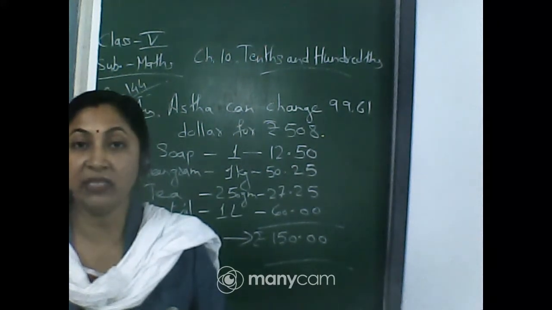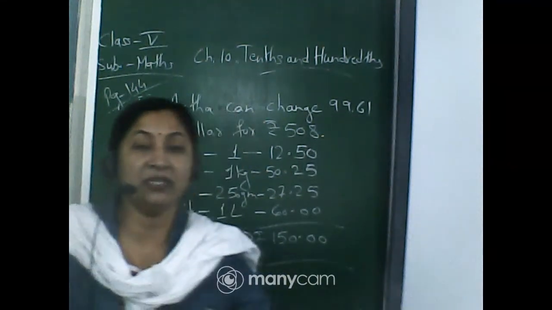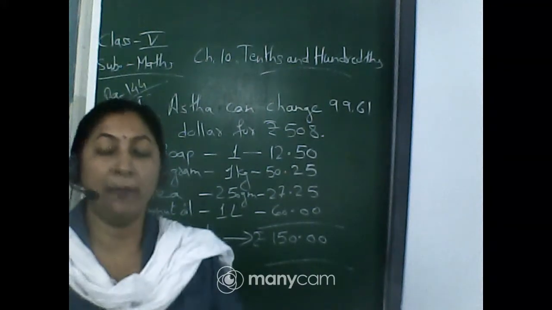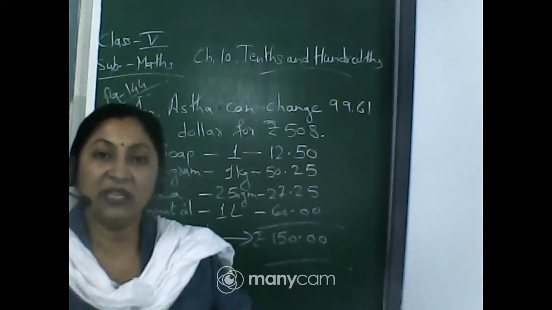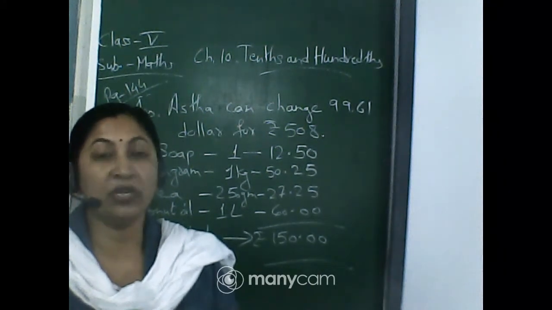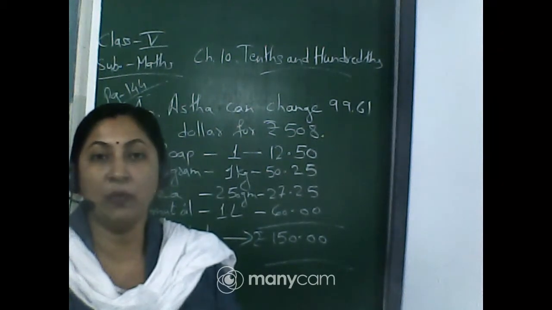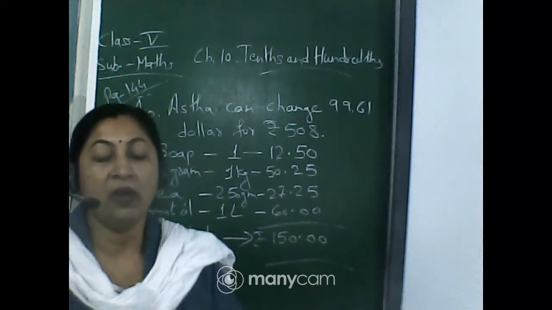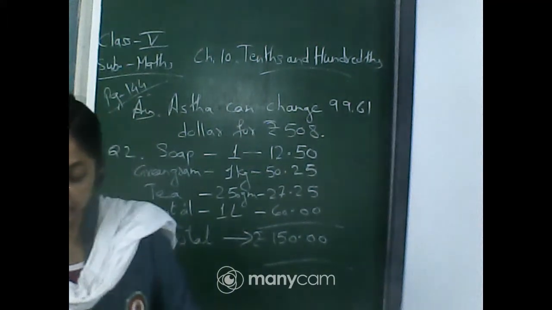Which city is cool? Now here a conversation between two persons is given, and they were talking about the temperature. So from question number 3 the temperature questions are starting, and we will do temperature questions in the offline class, but from another book, not from Composite Math. In Composite Math it is not given. From some other book we will do the questions on temperature. Okay. So I am reading it, you just see.